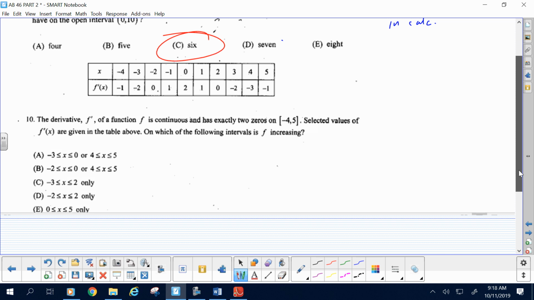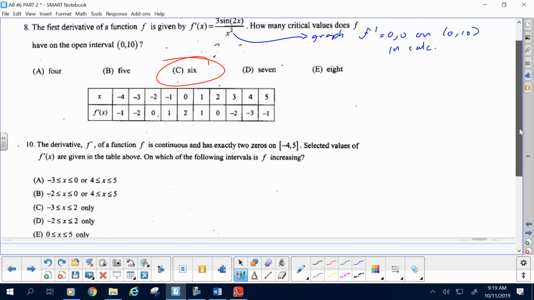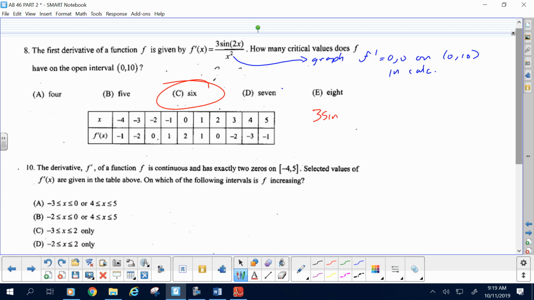It helps if you not only set your x window to 0 to 10, but set your y window really tight around the axis, so if it's just barely above, you can see it. How would you do that without a calculator? Okay, so you would have to say, where are the zeros to this and this? That's 1. So you would say sine of 2x needs to equal 0. That's sine of 0 at 0 and pi and 2 pi and 3 pi and 4 pi and 5 pi